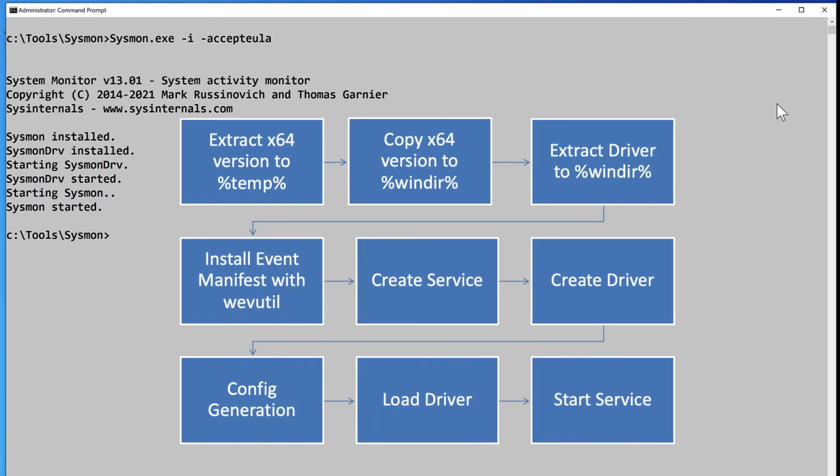And what is going to happen is, since I ran the sysmon.exe on a 64-bit system, it is going to decompress a copy of itself inside of C:\Windows, and it's going to then create two services. One service is going to be for Sysmon, the service itself that processes all of the filters that we configure in Sysmon, and the other one is going to be a type 1 service. Now, a type 1 service is one that actually loads the driver into the kernel, and also the filter driver